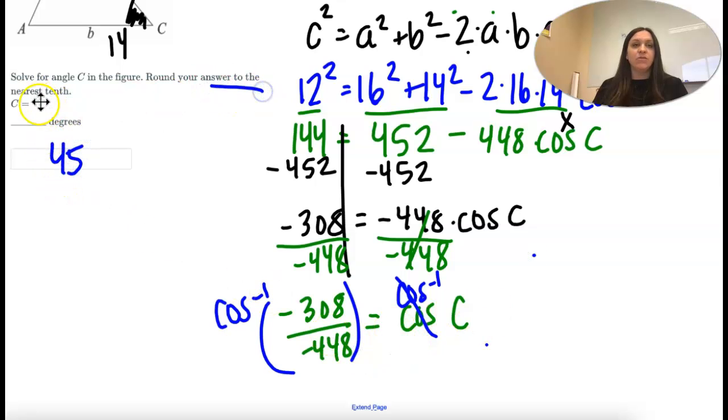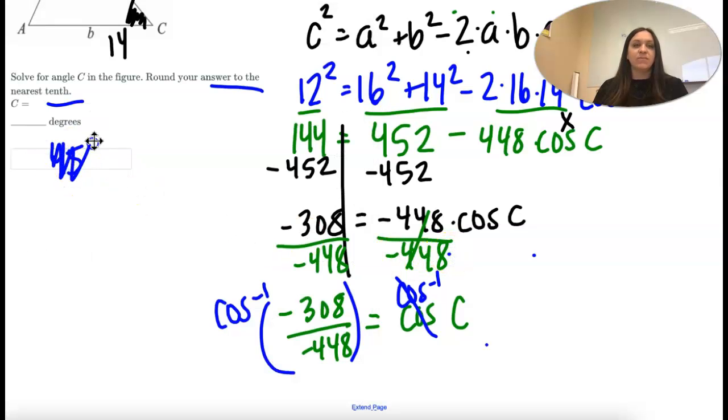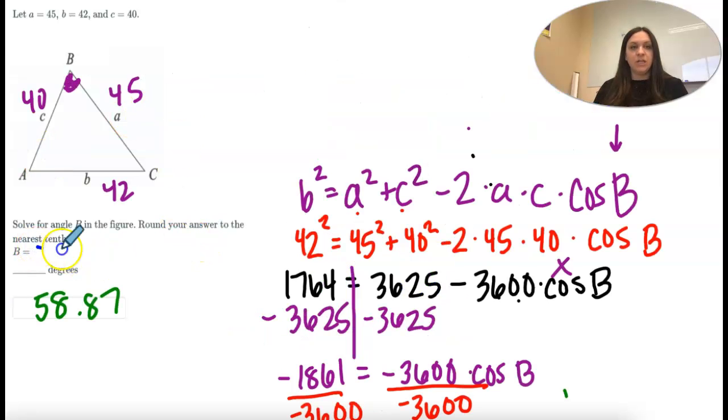Oh, you guys, round to the nearest tenth. I need to read the directions. 46.6. So this one, nearest tenth, would have been 9. When all